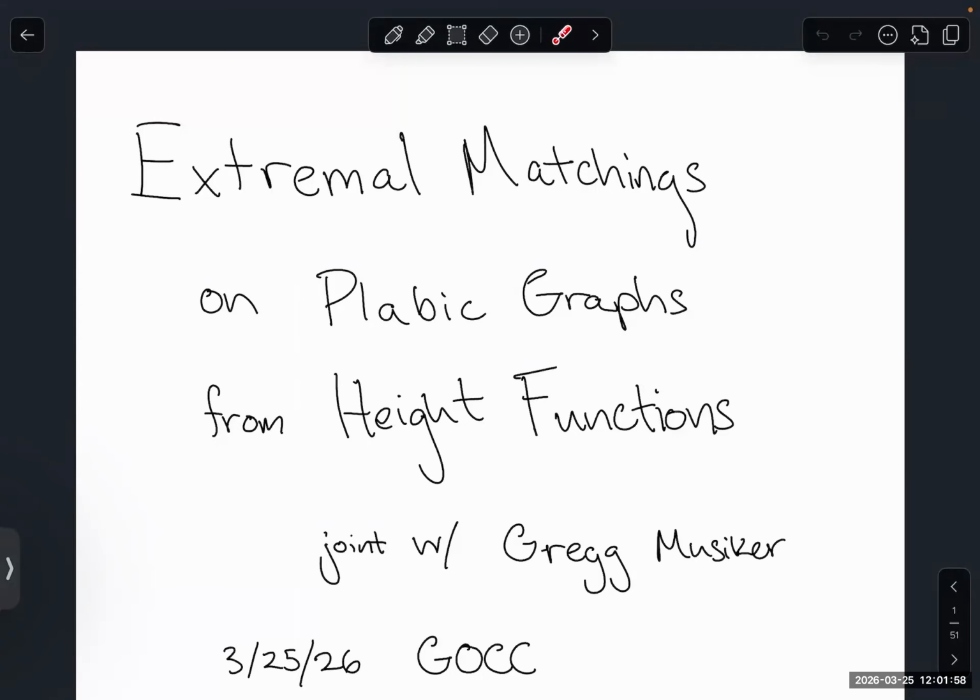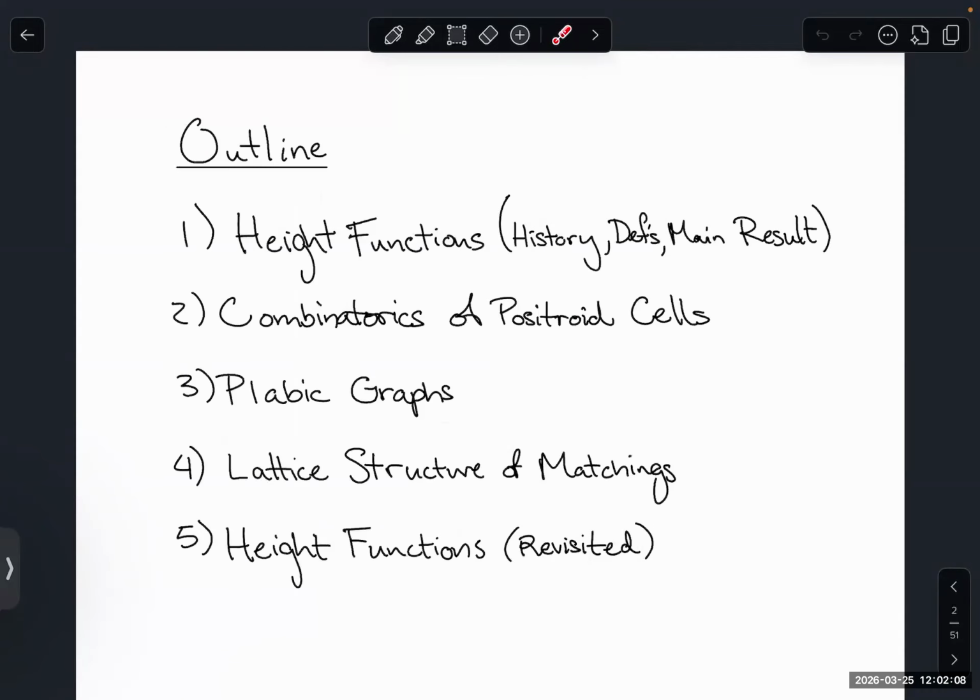Yeah, as Joe said, I'll be talking about extremal matchings on plabic graphs from height functions, and this is joint work with my advisor, Greg Musiker. So to begin,